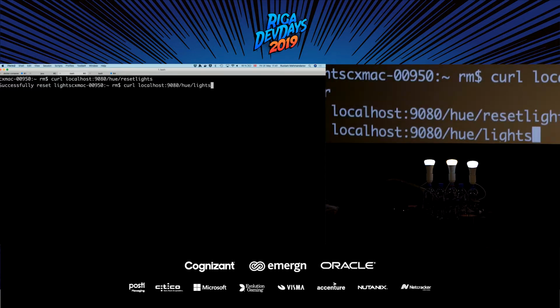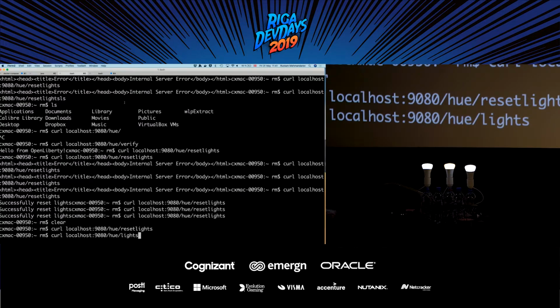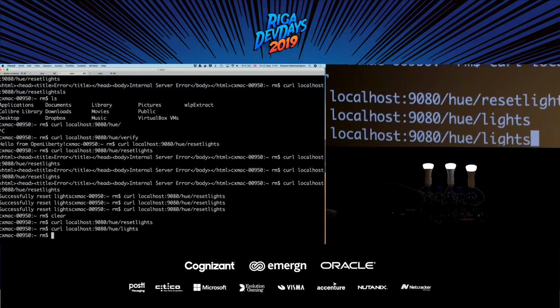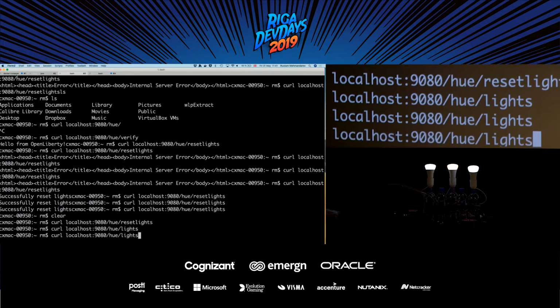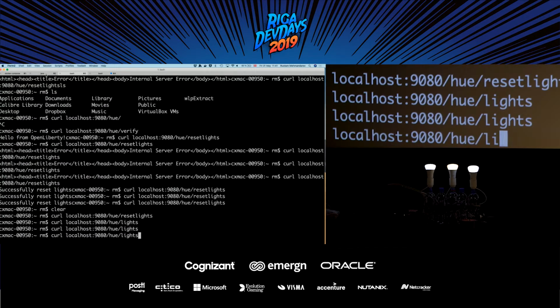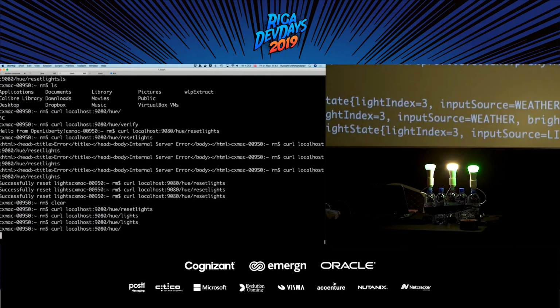So what's going to happen now is that we're going to do a call to our weather service and check the current weather and adjust the lights based on that. Oops. Okay. Yeah, sure. Okay, I think they changed a little bit, but not that much. What's the log saying? This is always fun. It actually worked really nicely just the day before. Yeah, I promise. Oh, so if you just invoke the right URL,